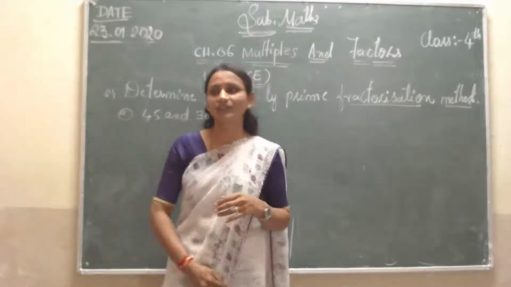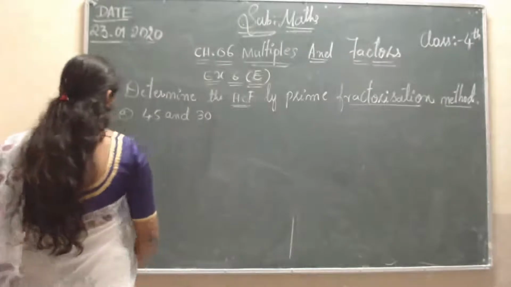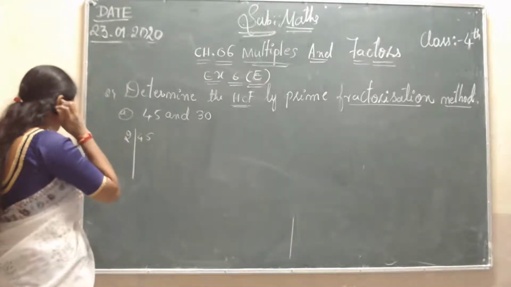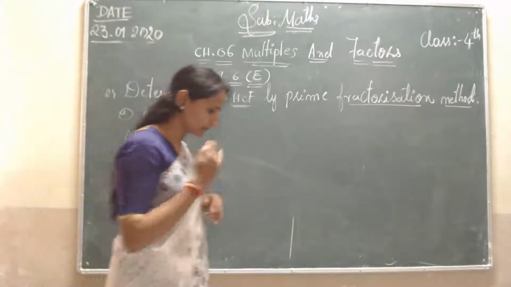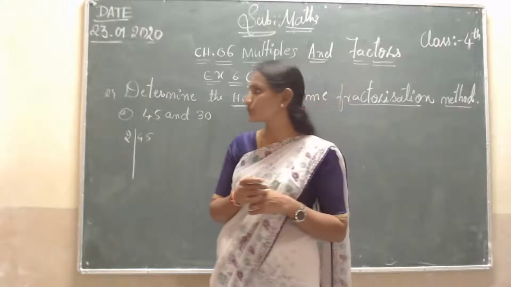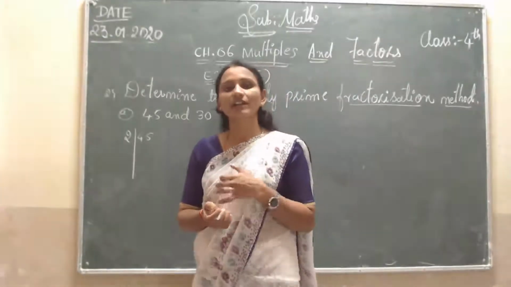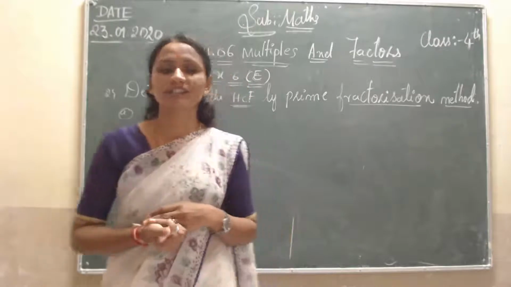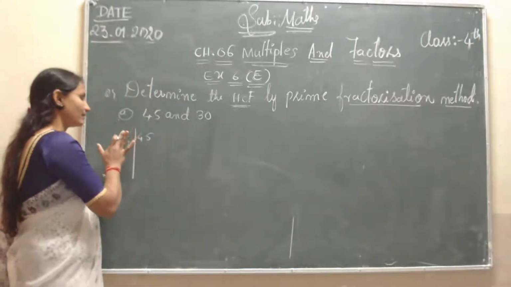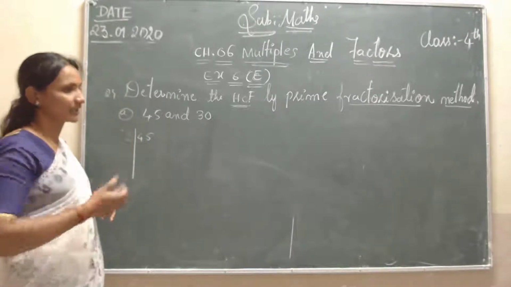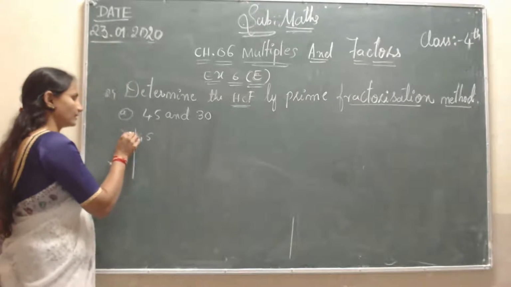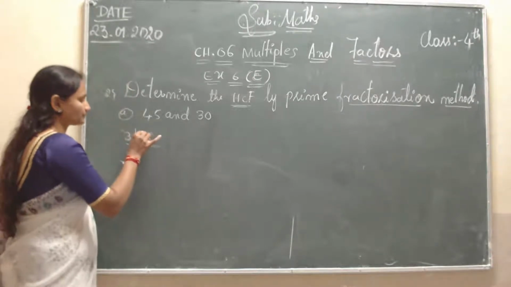common division. So first step: you have to arrange the numbers. Students, you have to take the lowest prime number first. Prime number 2 is that. So 2 does not divide 45. So this is not divisible, so you have to take the next number. What is the next number? That is 3, students. So 3 has to divide